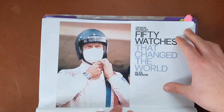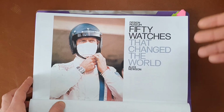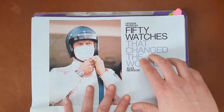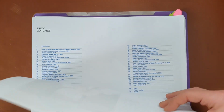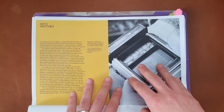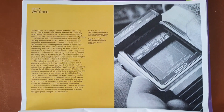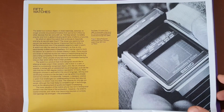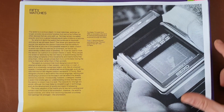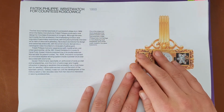So as you can see, I marked a couple of the pages. I'll go page by page through all the book, and maybe we'll spend more time on the pages that I highlighted, let's say. And as you can see, we have a lot of watches. I start here with the Seiko TV watch. I'll go in a bit so you have an even better view of what I'm saying. And as you can see, we have here the first of the 50 watches, but then they go back in